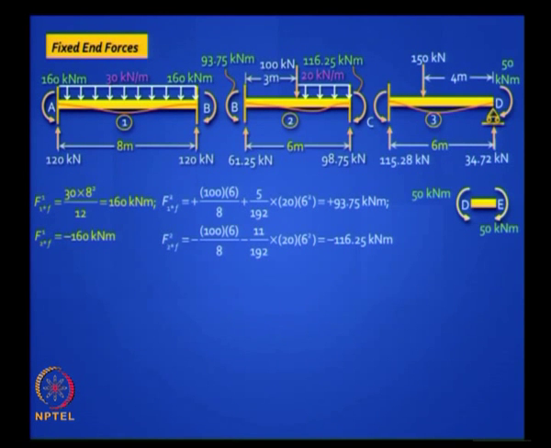In the third element you have to be careful because the end D is now a roller, and you're going to apply a 50 kilonewton meter at that end, clockwise, as a load. Please tell me what's the fixed end moment you get at C. Please calculate and tell me, because this is where you can go wrong. This value, that is F for the element 3 star. Calculate it and tell me.